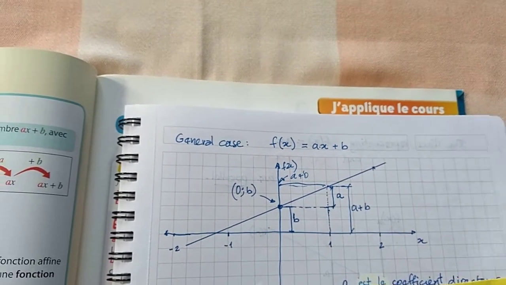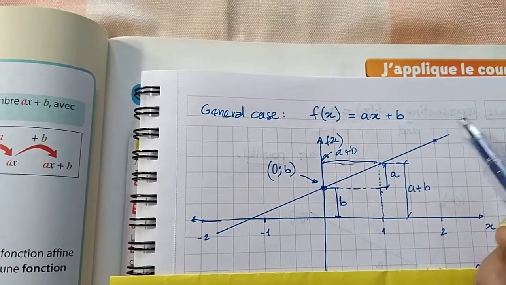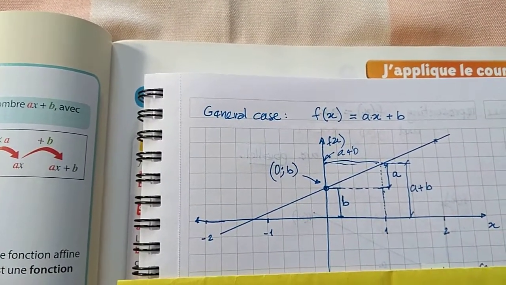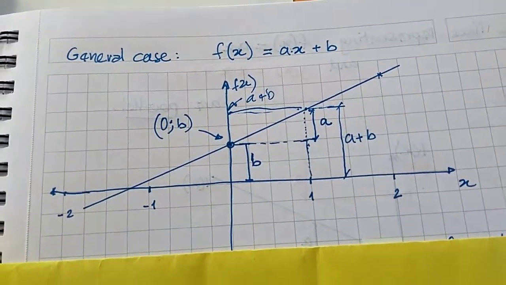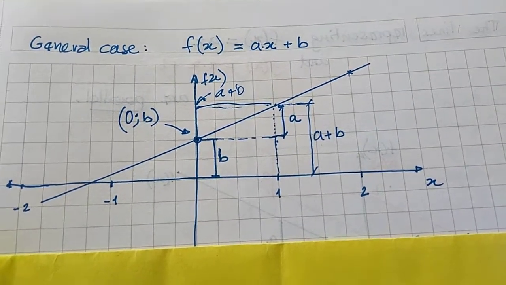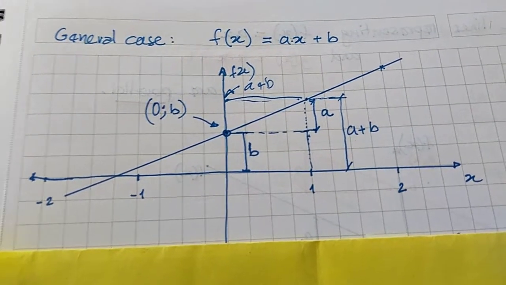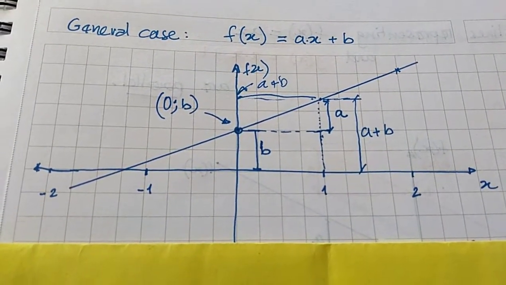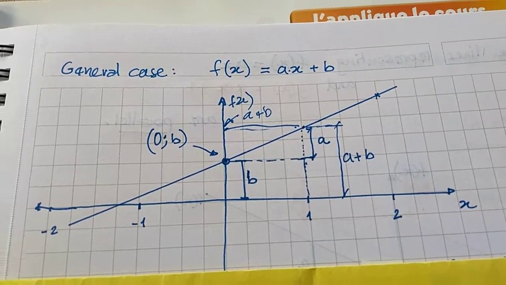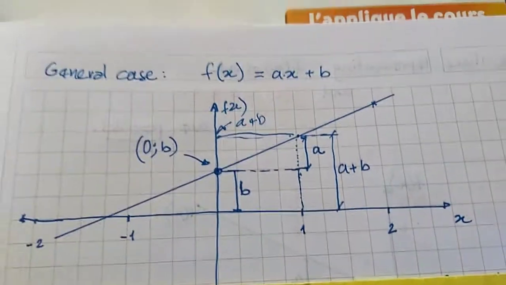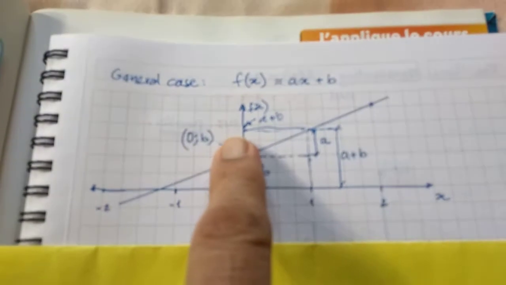It is possible to prove that this equation will give a straight line. Why is this graphic representation a straight line? It is possible to prove that, but at the moment we don't have enough knowledge to prove that. You require some trigonometry, and for trigonometry you require one very important theorem, which is called in French Théorème de Thalès de proportionnalité. That is there in this book, I hope that we would be able to cover it. Maybe we'll see by the end of the month, because that is the next thing that we have to learn from this book. I hope we can do it.